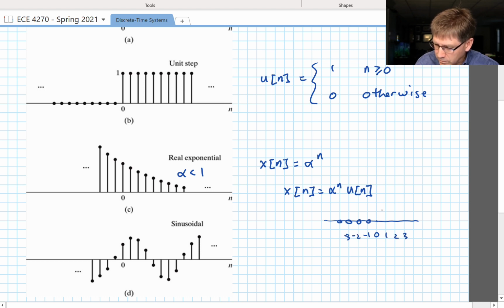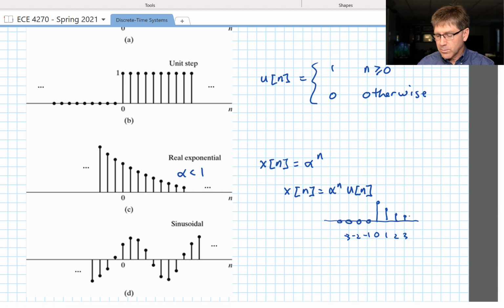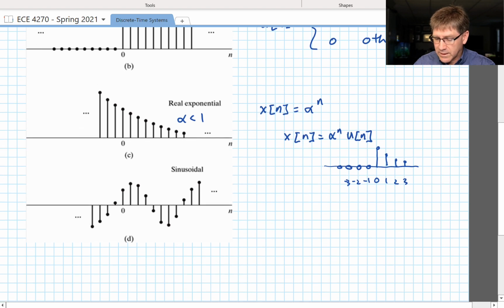Then at 1, 2, 3, we start to get our decay. This is really nice because the u of n multiplied by that is essentially just multiplying 0 times anything on the left side of the real number line, and it makes sure that you don't have something